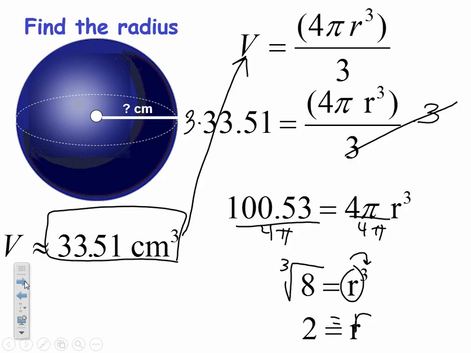Okay? So that's our basic understanding of surface area and volume of spheres. So you should have those two formulas and a couple examples in your notes,